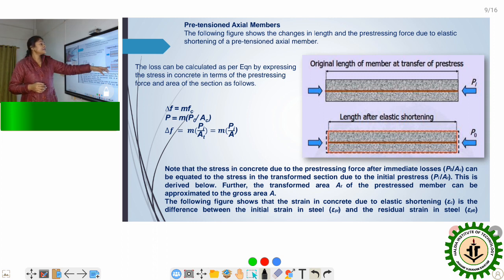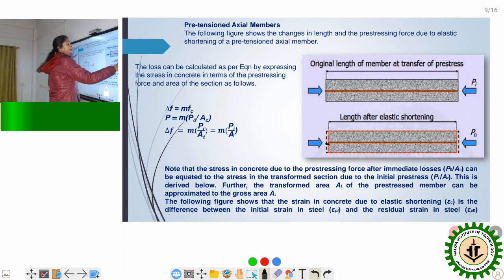But there is an elastic shortening after the pre-stressing process has happened and the jack has been removed. So this elastic shortening can be shown in this figure, where the length of the pre-stressing steel has been reduced after the elastic shortening and the force has been reduced from Pi to P0. Now what we can see is delta Fp is equal to m Fc from the previous slide. So from that calculation, if we put it in the form of force from stress,